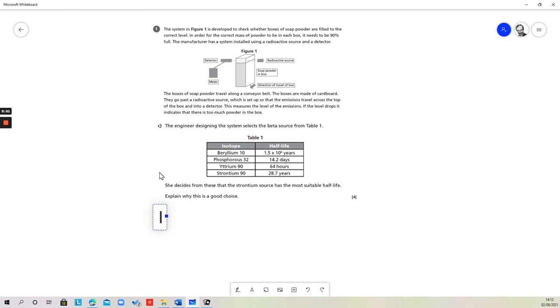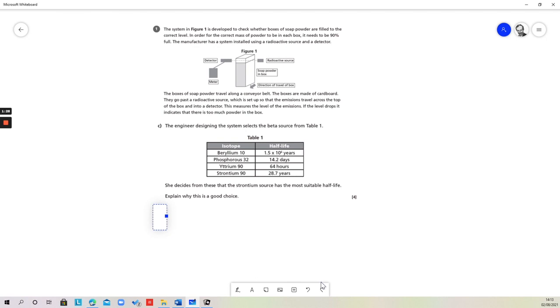And in part C, the engineer designing the system selects the beta source from this table here. So these are the four possibilities that she's identified, and she's going to decide which of these four sources it is. She decides that strontium is the right one, and explain why this is a good choice. And this is with respect to the suitability of the half-life. So we don't need to talk about any other features of those isotopes, simply in terms of the length of